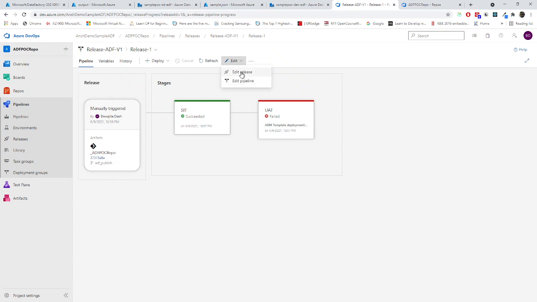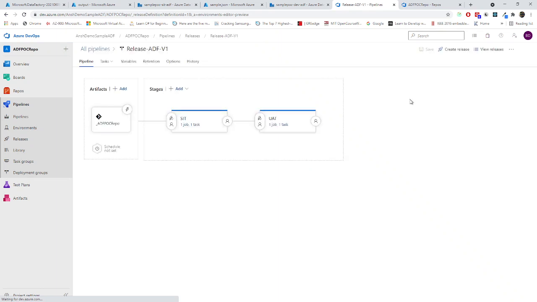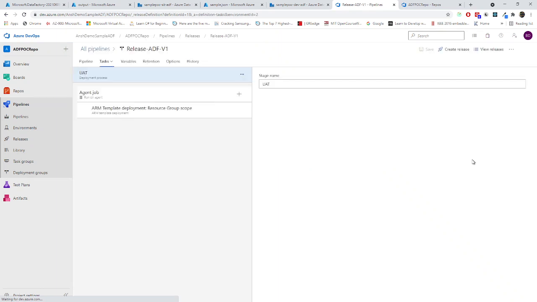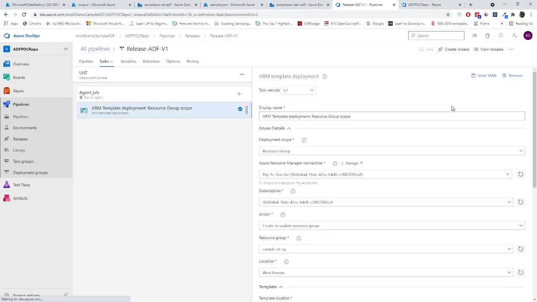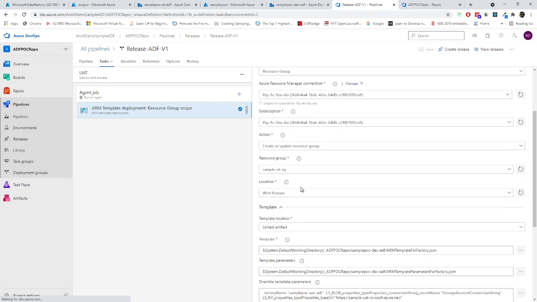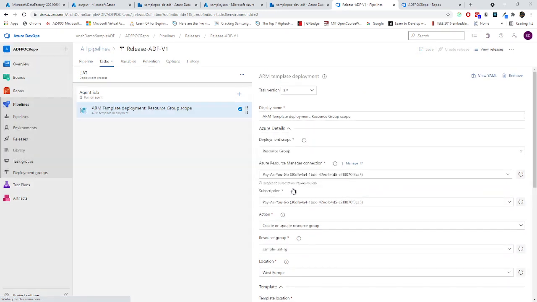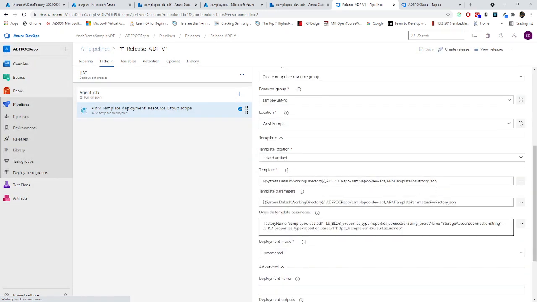My bad. Edit pipeline in job task. Let's see what all the jobs have been done. I know due to these errors this video is getting long, but you will face this kind of error when you are going for the production. Okay, now this one is pointing to SIT, this one should point to UAT. My bad. Let's create this and hopefully these things have been properly written.